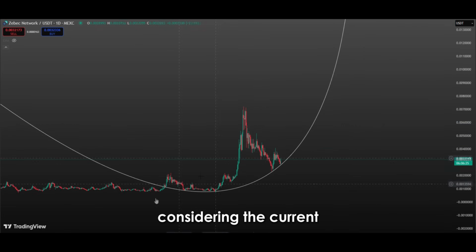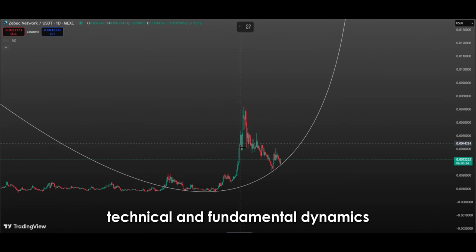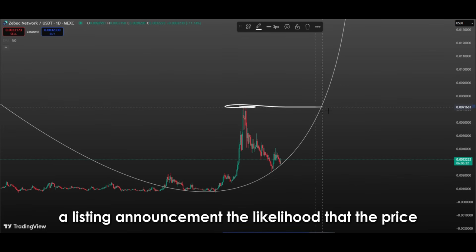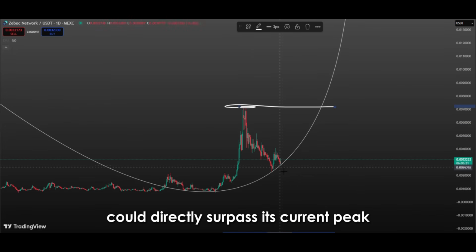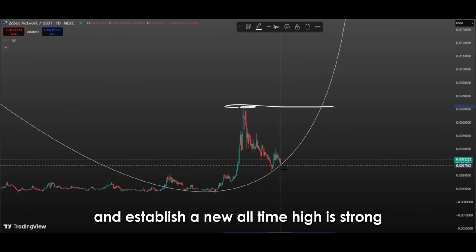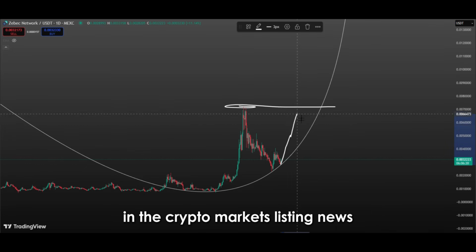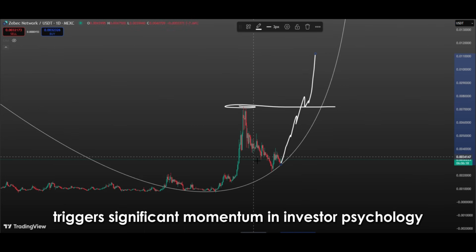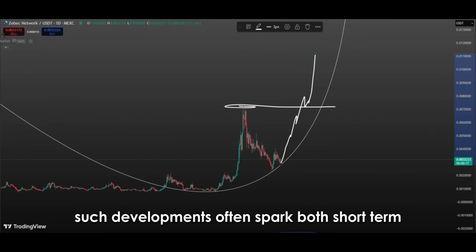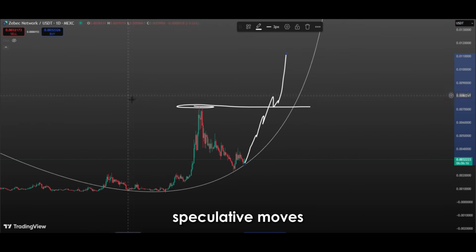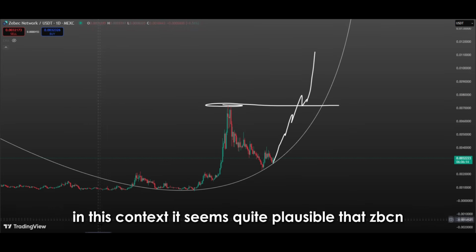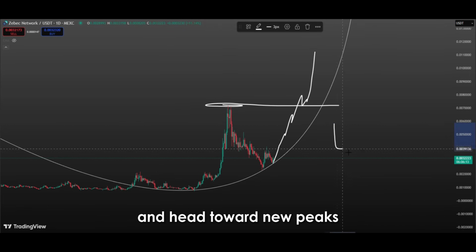Stay tuned. Considering the current technical and fundamental dynamics for ZBCN coin, and especially taking into account a listing announcement, the likelihood that the price could directly surpass its current peak and establish a new all-time high is strong. In the crypto markets, listing news, especially on a prestigious high-volume exchange, triggers significant momentum in investor psychology. Such developments often spark both short-term speculative moves and attract long-term investor interest simultaneously. In this context, it seems quite plausible that ZBCN could break through its previous high and head toward new peaks